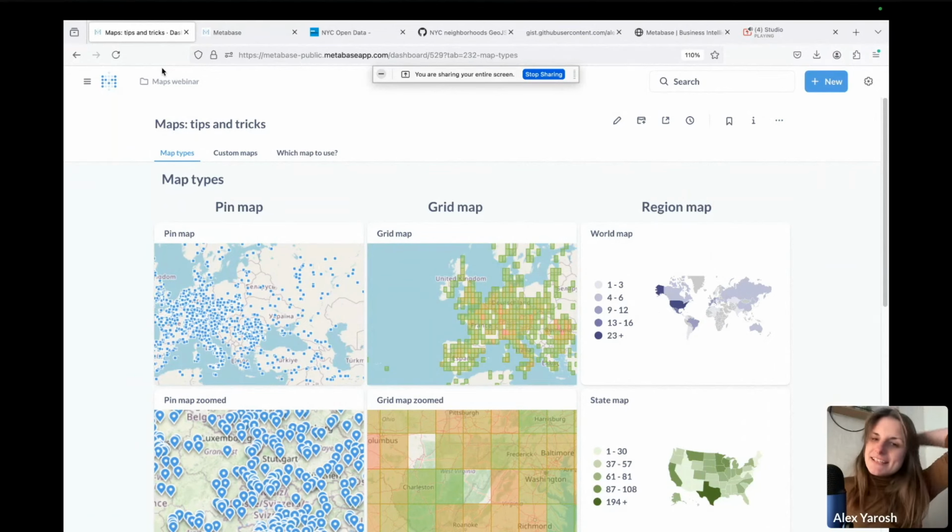And then we're going to discuss some best practices about using maps, how to decide which map to use, depending on what you want to communicate. If we have some time, we'll also talk a little bit about how Metabase decides how to map your data on your own. All right, so